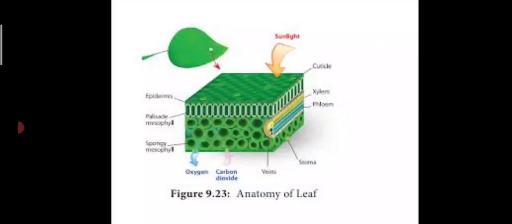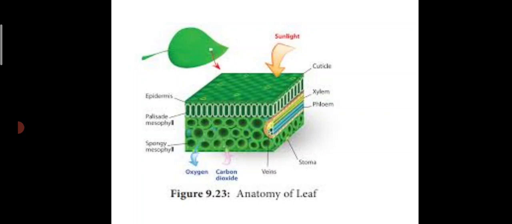When considering a leaf, it has two sides, no? An upper side and a lower side. You may have noticed that a leaf is a planar structure, unlike root and stem. Since it is a planar structure, it has an upper side and a lower side. The upper side is also known as the adaxial side and the lower side is known as the abaxial side. Okay, abaxial lower, adaxial upper.